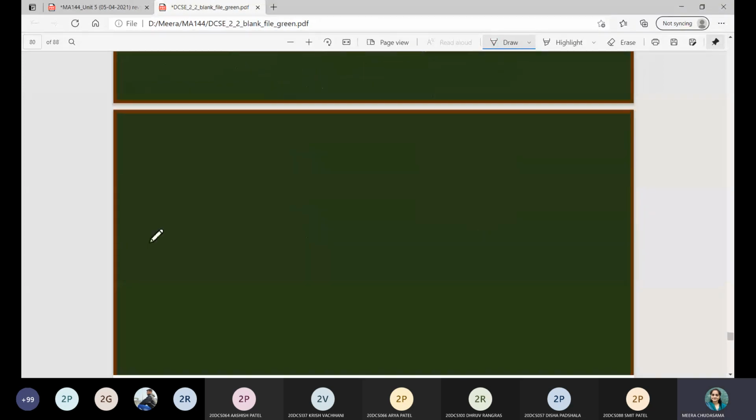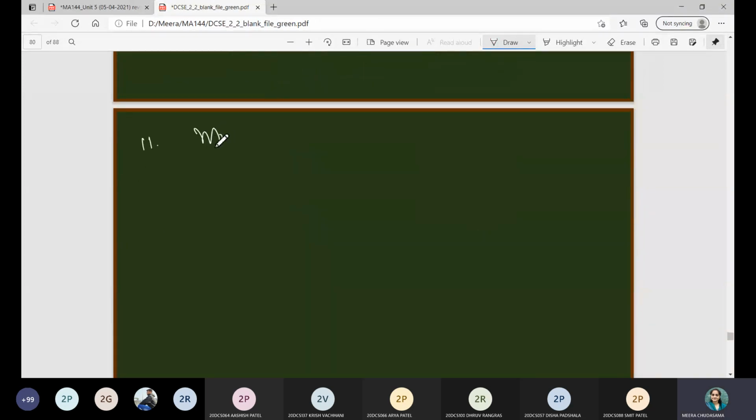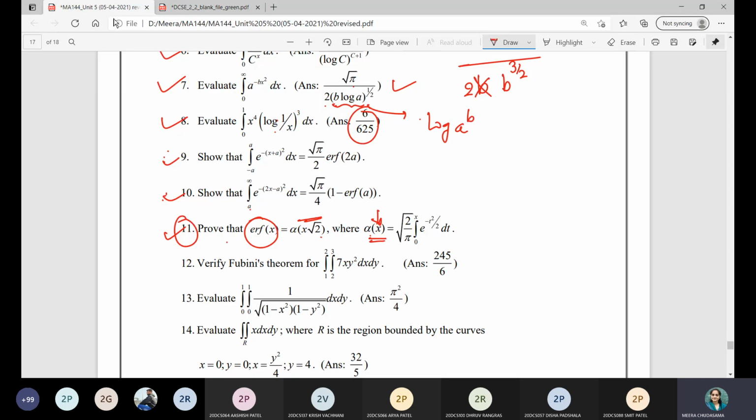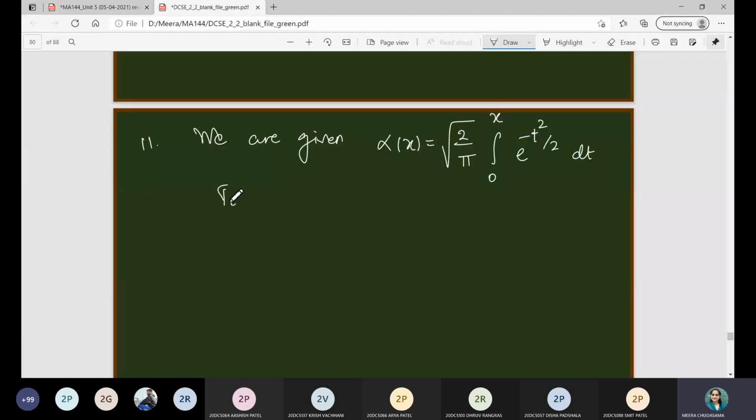So for the 11 number example, we are given alpha of x is equal to square root of 2 upon pi integration 0 to x e raised to minus t square by 2 dt. Let me just verify it. Square root of 2 upon pi 0 to x e raised to minus t square by 2 dt. Yes. To prove